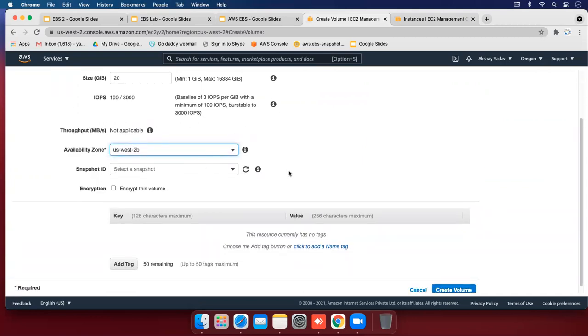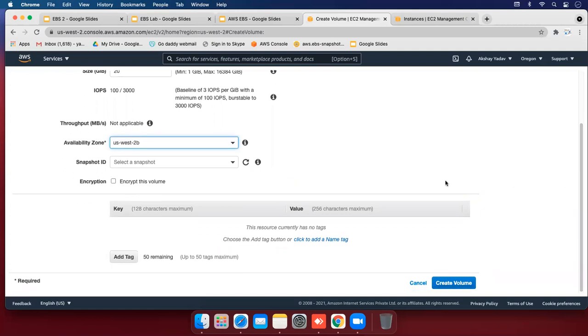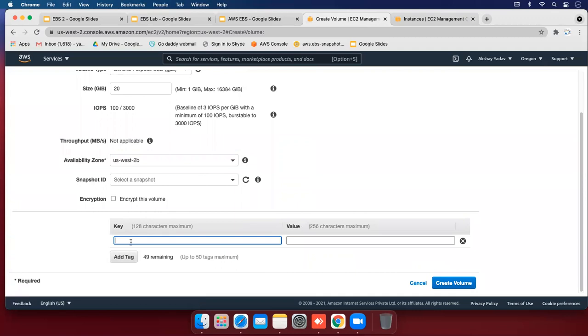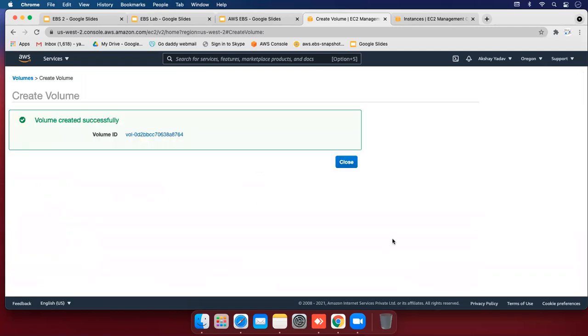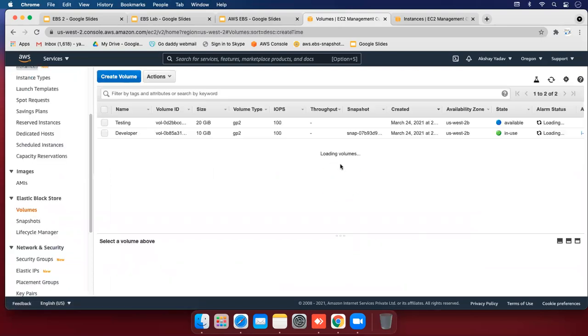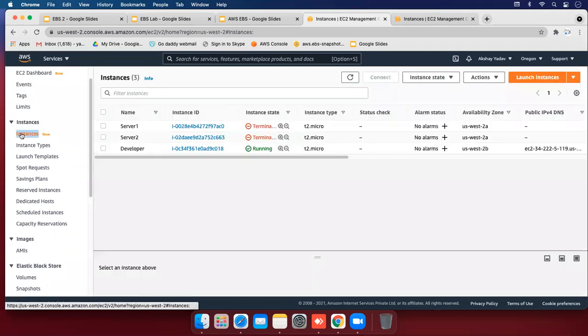We will see in the next session how to create a snapshot from a volume, and you can give it the key name, and here you enter testing. I'm going to enter the name of my volume as testing, create volume. So my volume is created successfully.